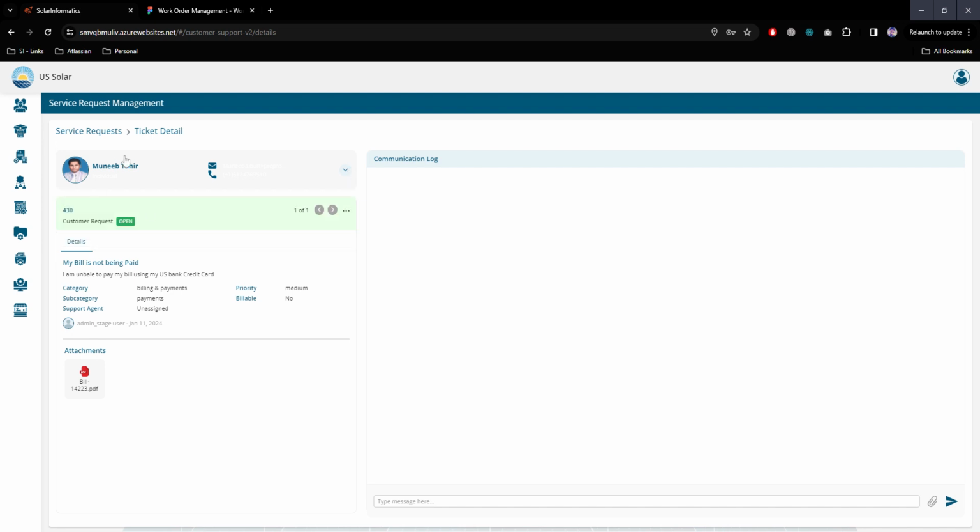But let's say I just want to keep my focus on this particular customer and navigate between different tickets for this customer. I can come in, toggle these switches, and go between different tickets if they exist for this particular customer. Now this is a communication log where you can open up a chat mechanism